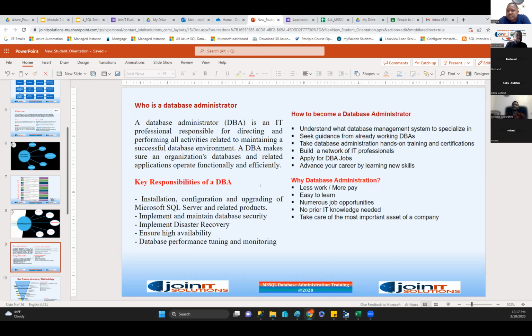Does it mean that when you are the SQL DBA, you cannot work on Oracle? No. But which one is easier for you to learn? That is SQL Server. Oracle is not your mate, right? Just kidding, right? But people still learn it from scratch. But the easiest way we have identified, a lot of jobs in SQL, the simplicity of it, SQL Server is easier for you to learn because you